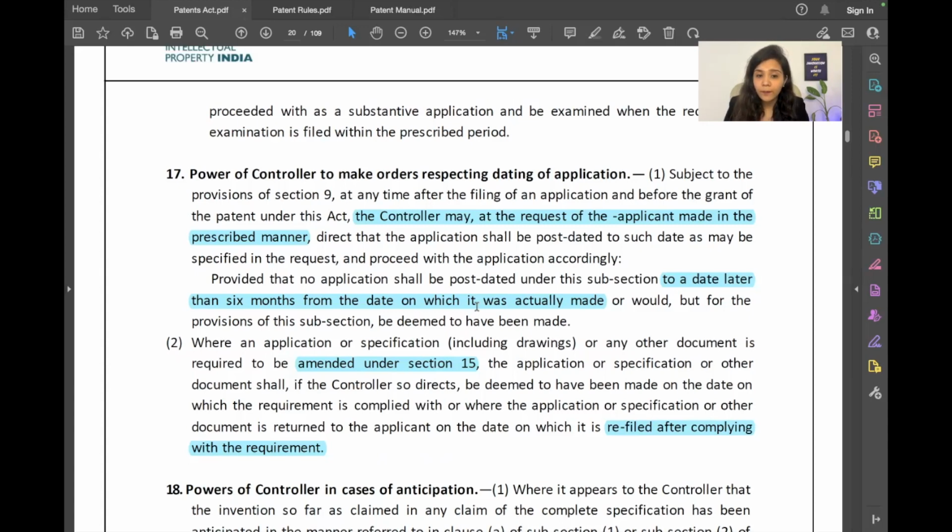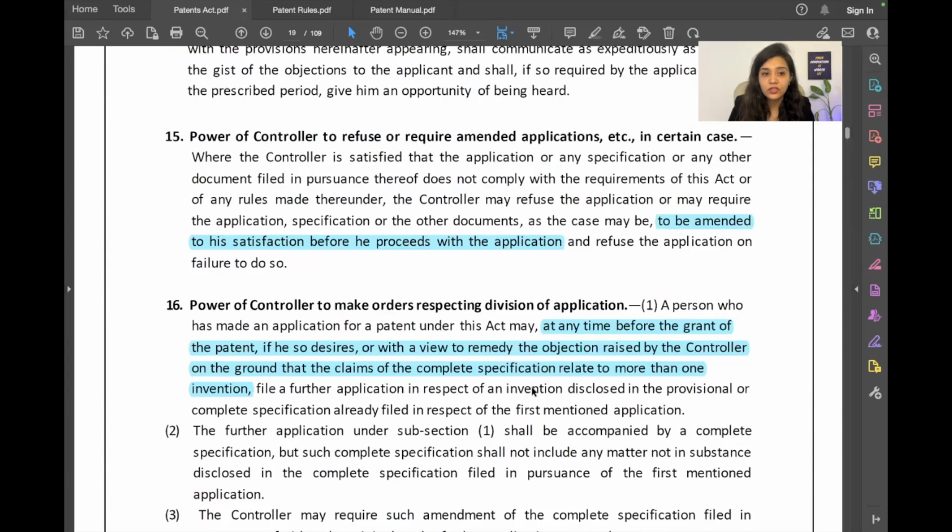Then we have where an application or specification or any document is required to be amended under section 15. The application or specification or other document, if the controller so directs, shall be deemed to have been made on the date on which the requirement is complied with, or where the application or specification or other document is returned to the applicant, on the date on which it is refiled after complying with the requirement. So what does this section mean? If you go through section 15,